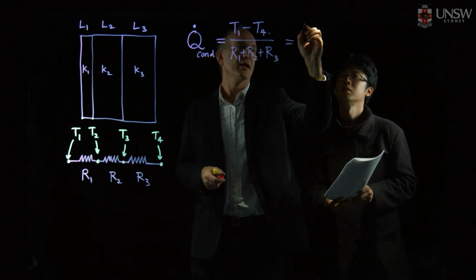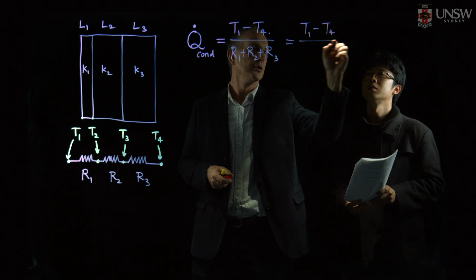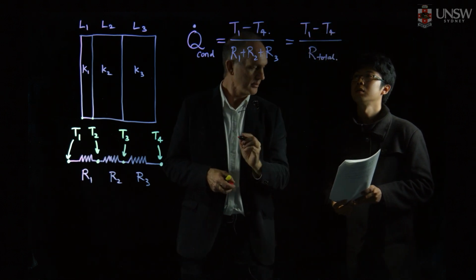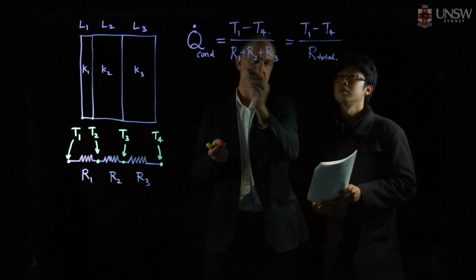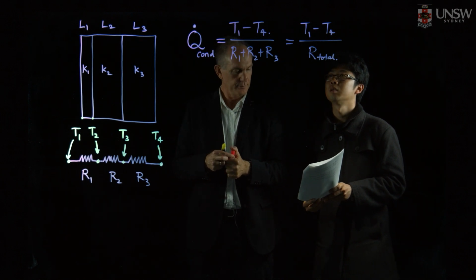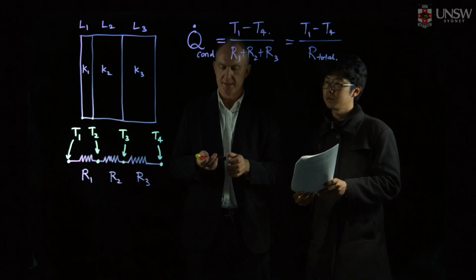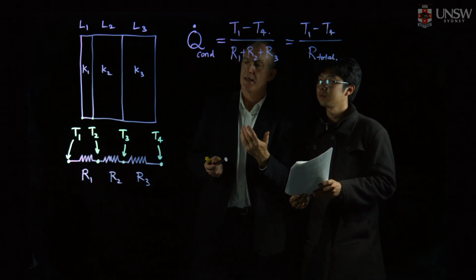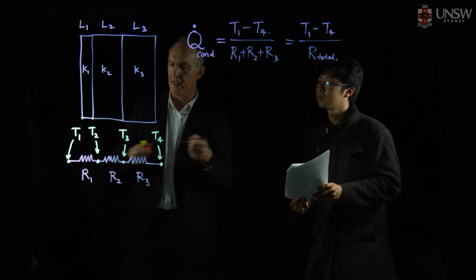Or we could write that as T1 minus T4 on top of R total. Now, R total is just simply the sum R1 plus R2 plus R3. All right, so let's see how we go about doing that. So the first thing we ask ourselves, through our thermal resistance network, what we're looking at